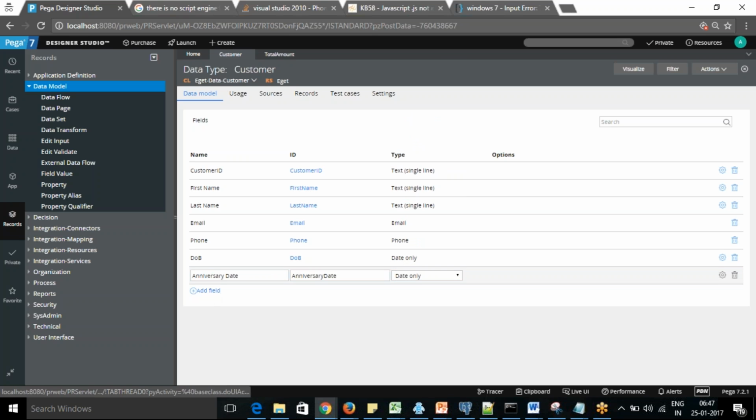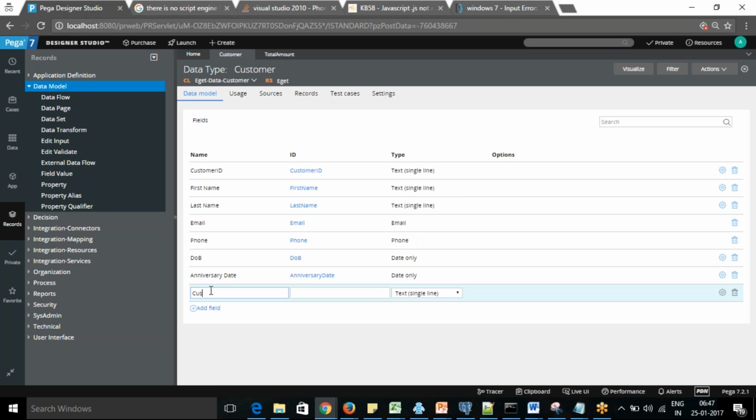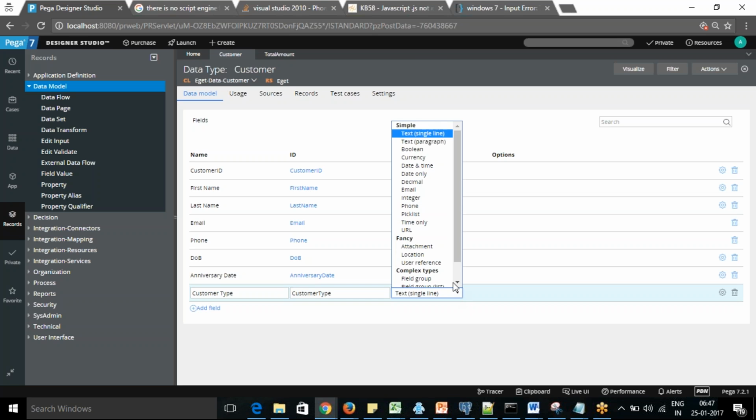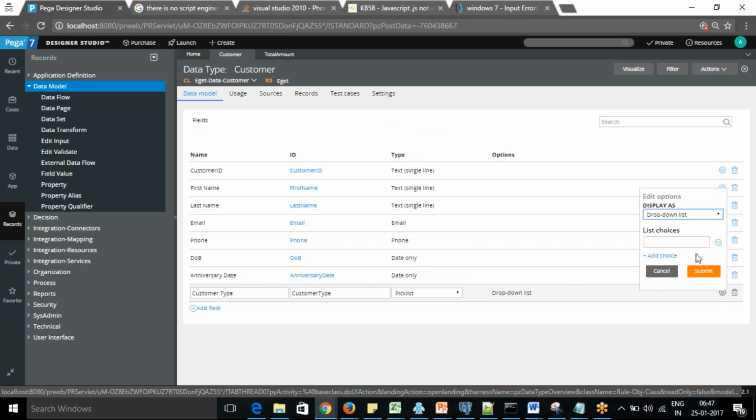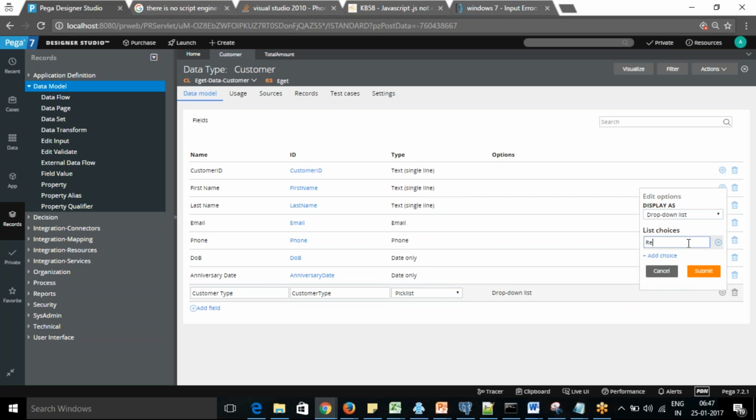And then if you want to see customer type, like if it's a regular customer or like that, you can say with the type you want to create that as a pick list. I'll tell you about that. We're going to create this as a drop down. So you can decide what the customer type is, whether it is a regular customer or a